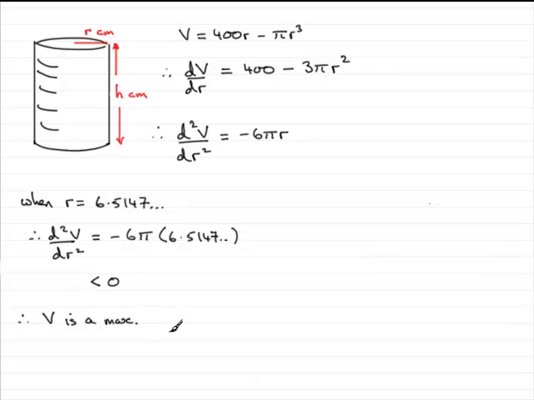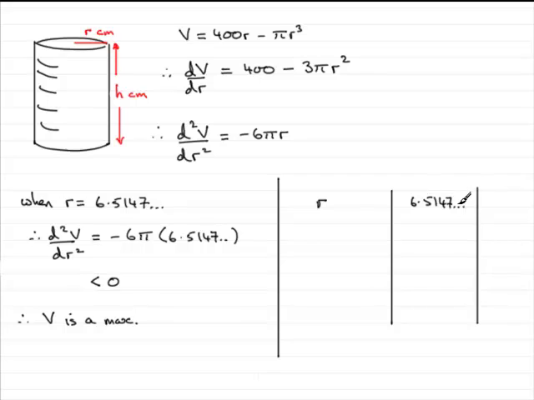Okay? Now I did say that there was another way that you could do this. I'll show you what that is. You can do it via a table if you like, and what we would have is the radius r. We've got that r equals 6.5147 and so on, and we would take two values to the left of this and to the right of it, fairly close. So we could take, for instance, r equaling 6 and say r equaling 7, and then we